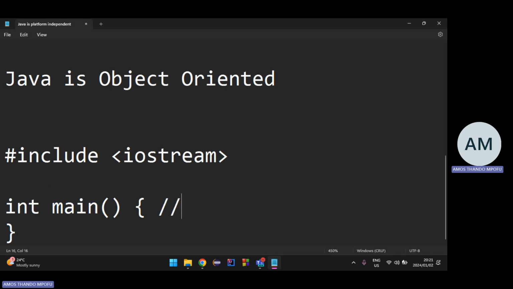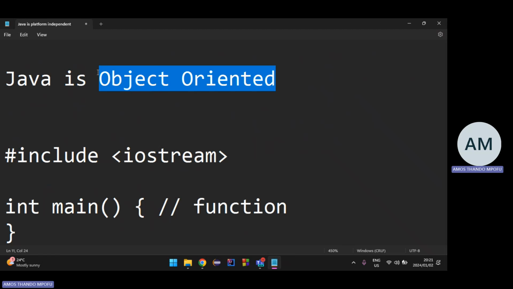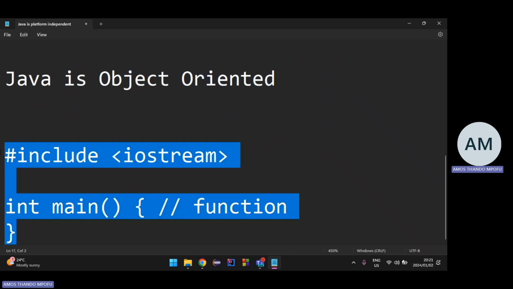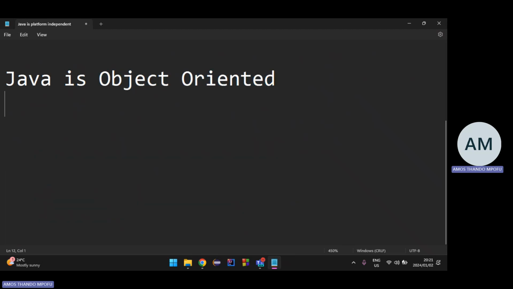This is a function. But with Java, from the get-go, they thought about Java from an object-oriented perspective, meaning that they view it in terms of the real world. They interpret everything in the real world as an object. For example, a cup is an object, and an object has specific characteristics and traits.